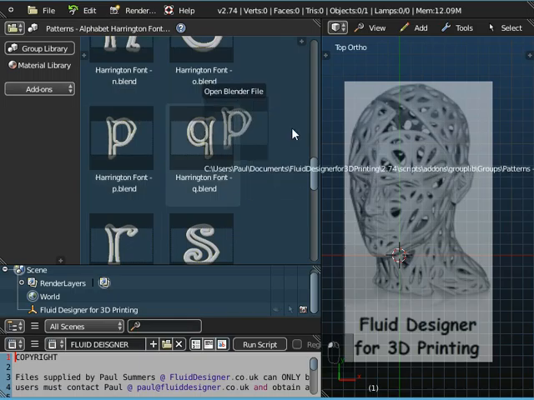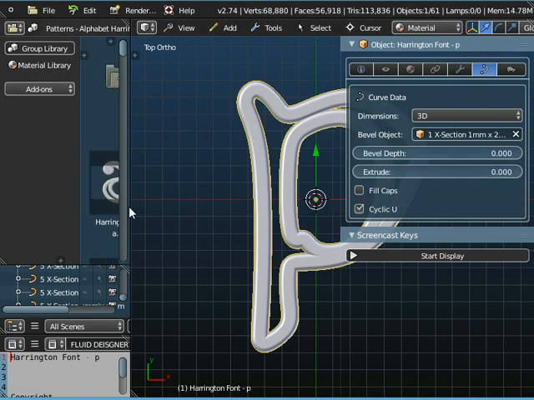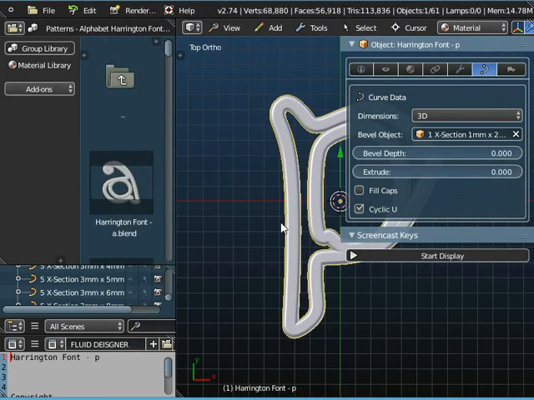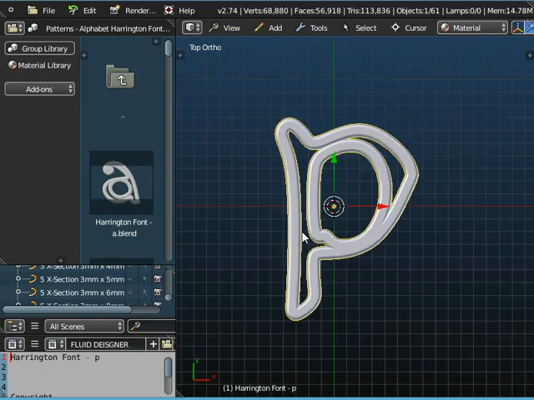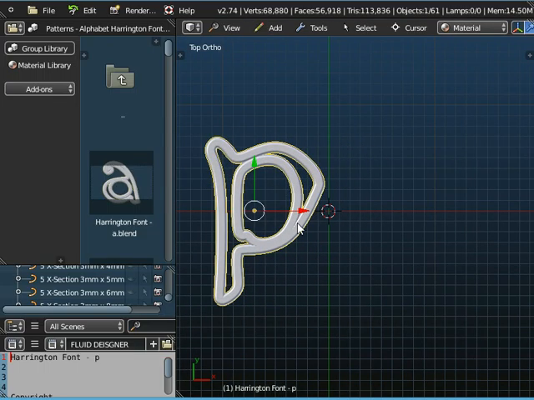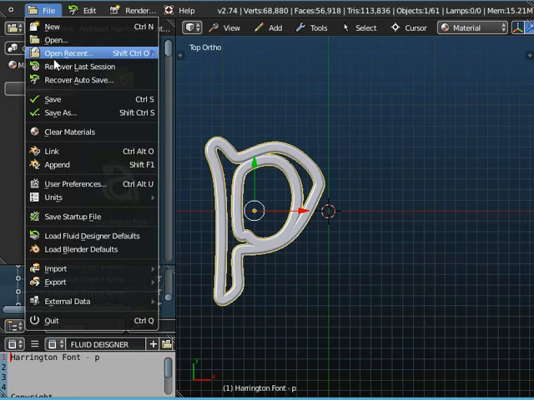My name's Paul, so I'm going to start off with the letter P, just drag and drop that onto the workspace, and I'll just close that panel down there. So if I just move that to the left here, what I want to do now is to add an A,